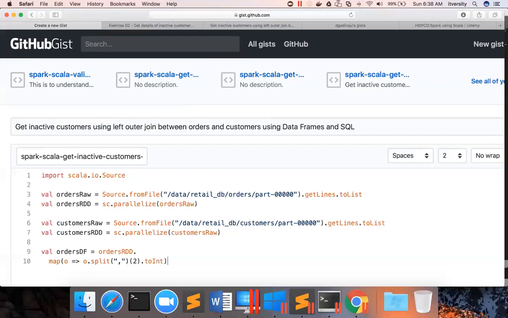Okay, and then to convert into data frame, I just have to say toDF and give the column name, which is nothing but order customer ID. This is the column name. Same thing with the customers